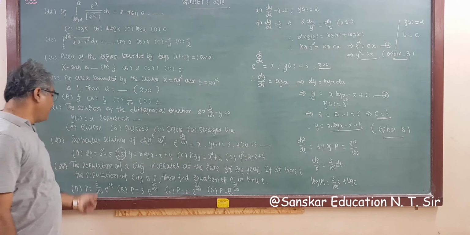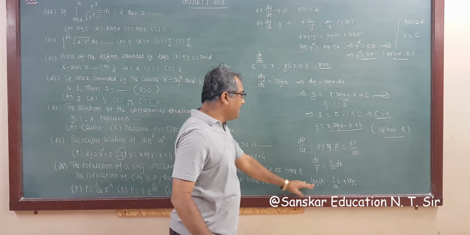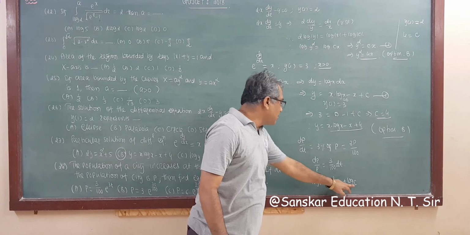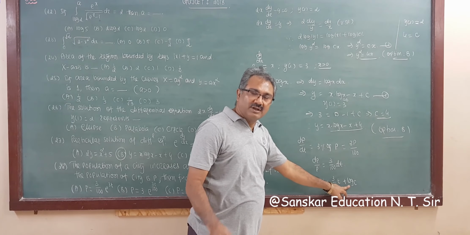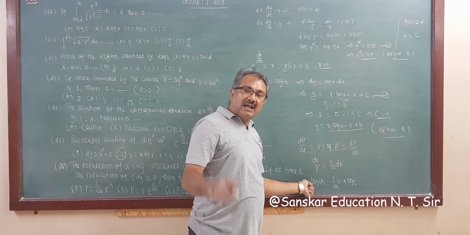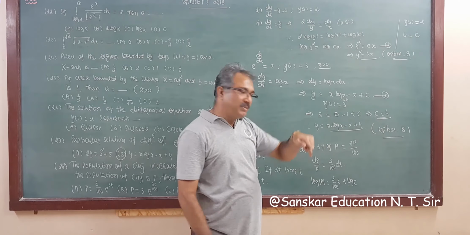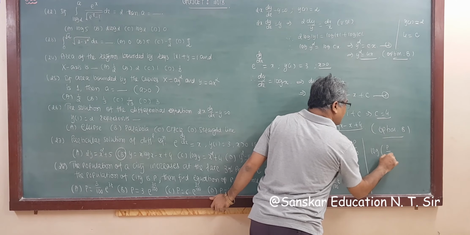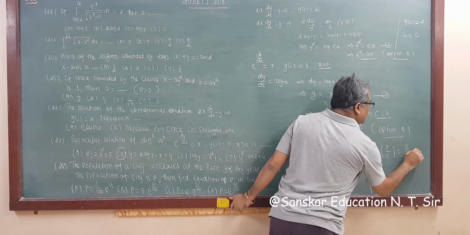Now what we have to do? Then find the equation of p in time t. Right? Now this is log p equals 3 by 100 t plus log c, sorry. So if we take log c to the left hand side, it becomes minus log c, and log a minus log b is log a upon b. So what we get here? Log p upon c is equal to 3 by 100 into t.